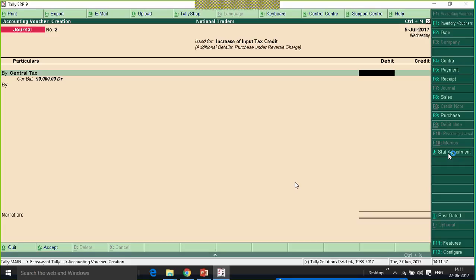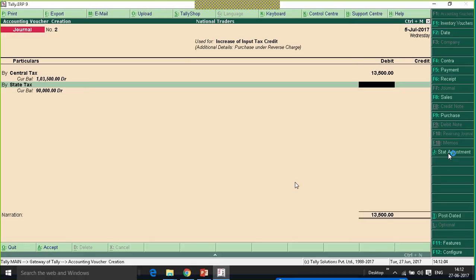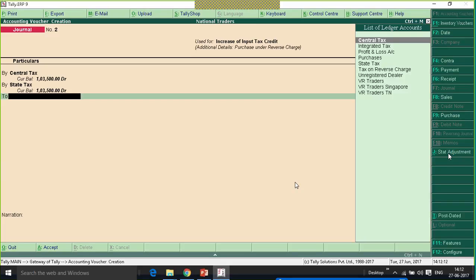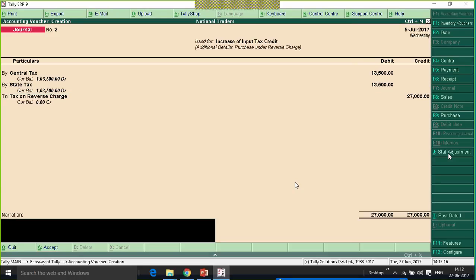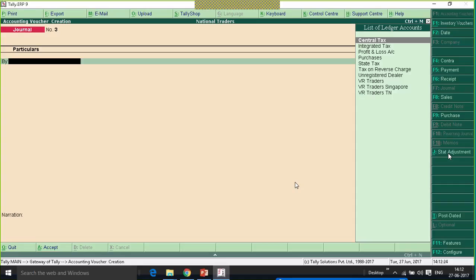I'll debit my duty ledgers, central tax for 13,500, state tax for 13,500. And I'll credit my tax on reverse charge ledger. So now I have raised the input tax credit on my tax paid amount.